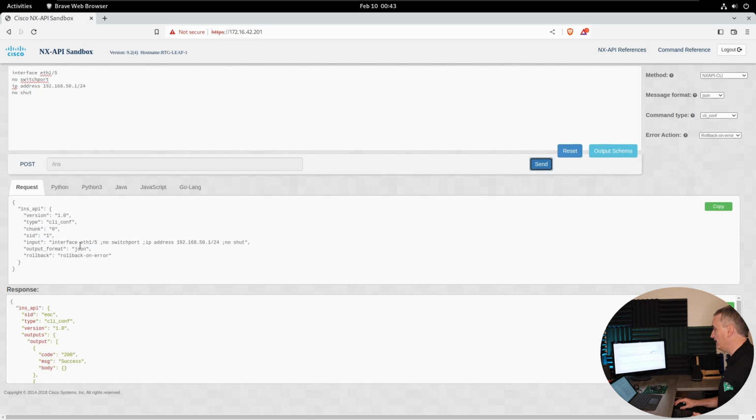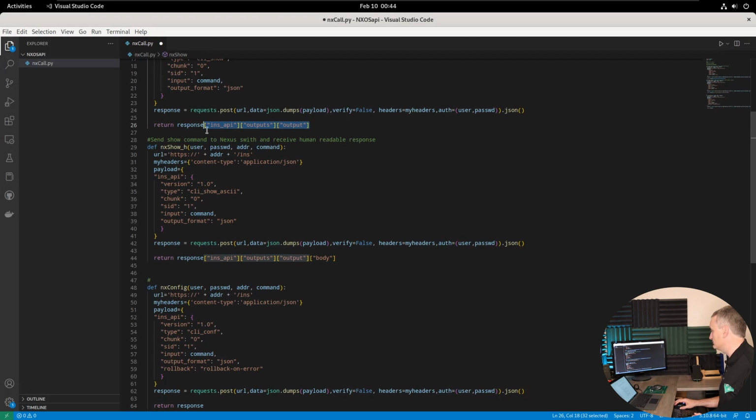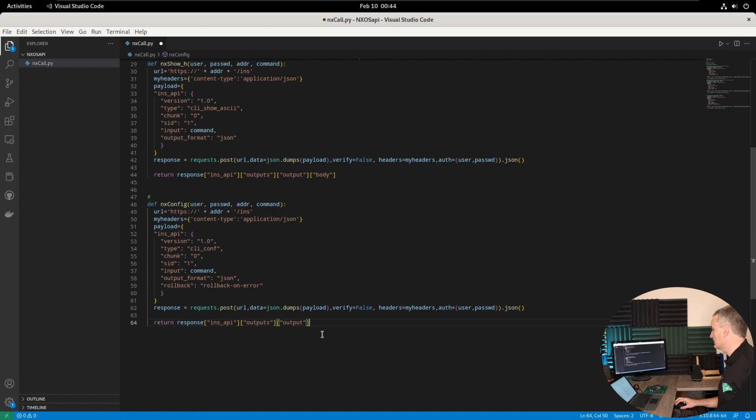Okay, now what we've got is this response that came back, and so we've got the NXAPI, we have the outputs, and we have output. All right, so we can go ahead and grab those same fields from the response. We can just grab that from one of our previous functions and copy that in. And at this point, we're good to go. But the thing to note